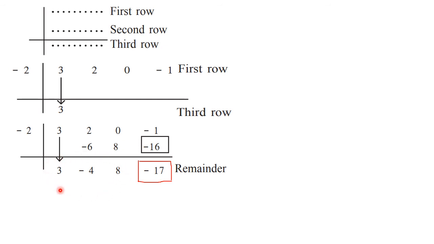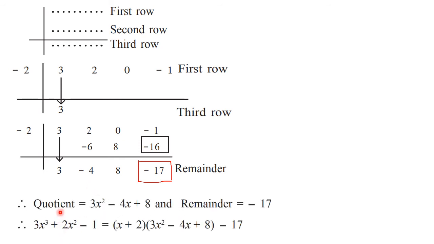So to find that quotient, we have to make use of these remaining numbers. Okay, so this gives us the quotient in coefficient form, and from that we have to write down the quotient. See, this is the coefficient form of the quotient. So 1, 2 and 3 coefficients it is having, that means degree here is 2. So we can write down the quotient as 3x square minus 4x plus 8.